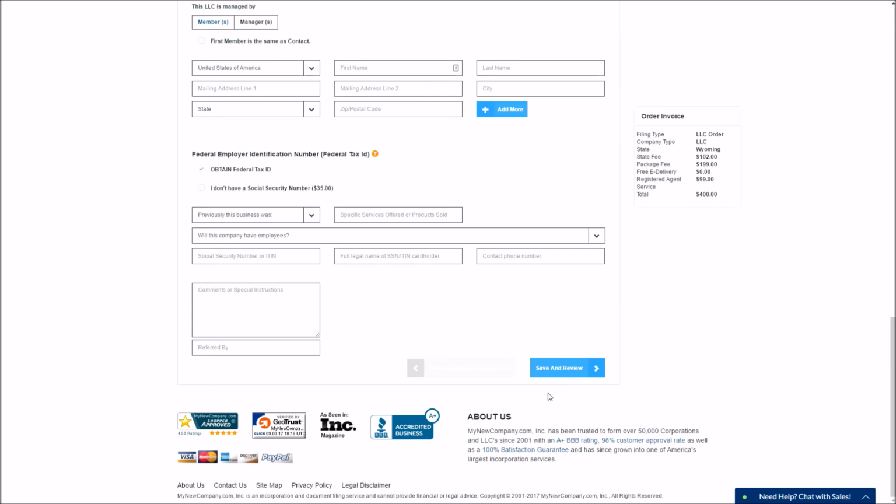You'll be getting your LLC company document in about 2 or so weeks, and you'll get a nice binder, an elegant binder with all of your paperwork, and you also get digital copies of those paperworks for your LLC on your My New Company dashboard, which is excellent.